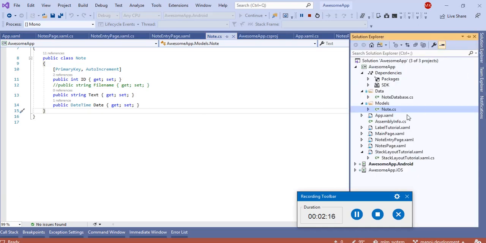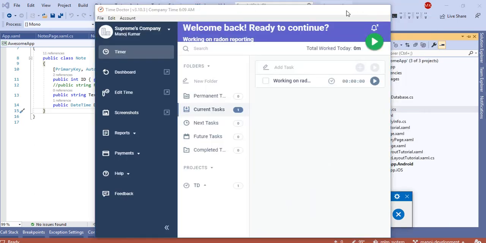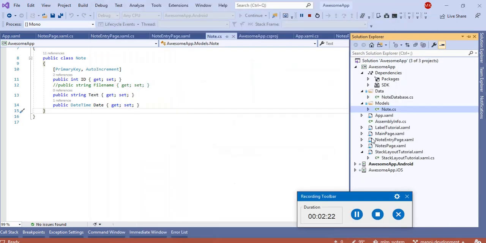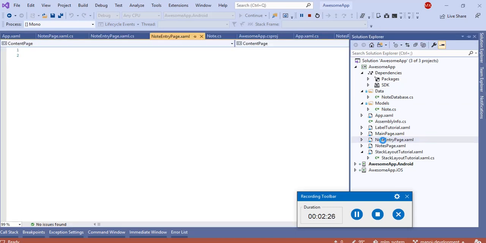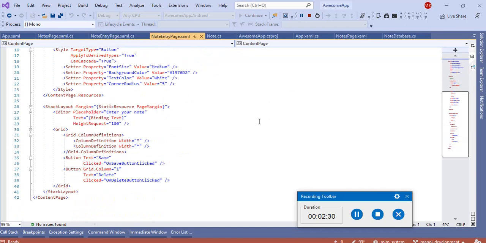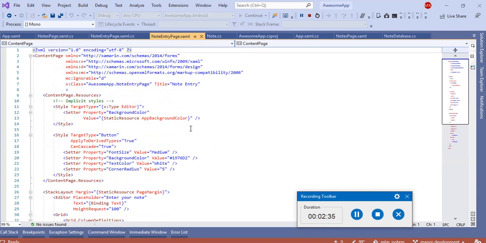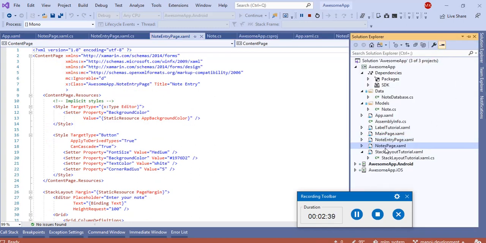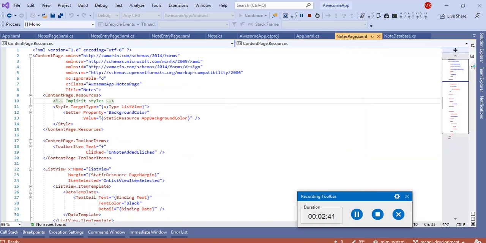Now I have created three pages. One is the note entry page, where I'm using binding properties, so you will see binding here. Notes page is the listing page of notes.